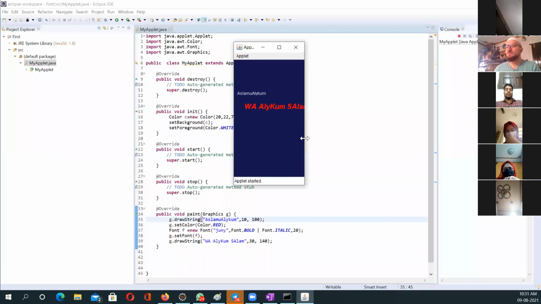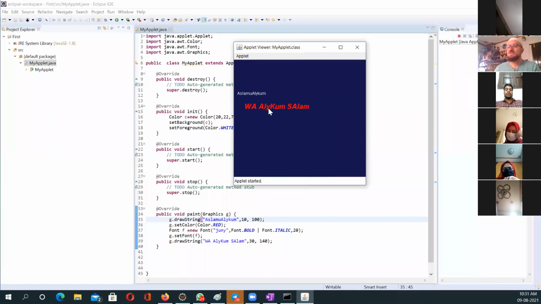Okay, as you could see now here, we have successfully created a second string, and our font is now red. Our color is red. Okay, and it is bold and italic. Okay, and size is